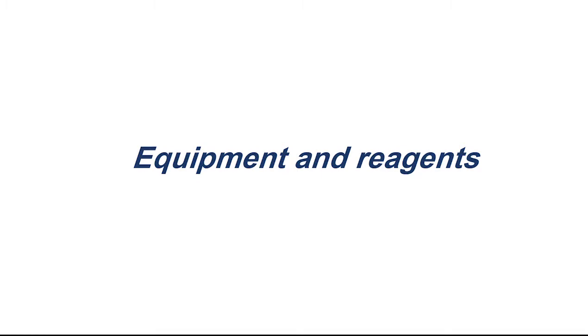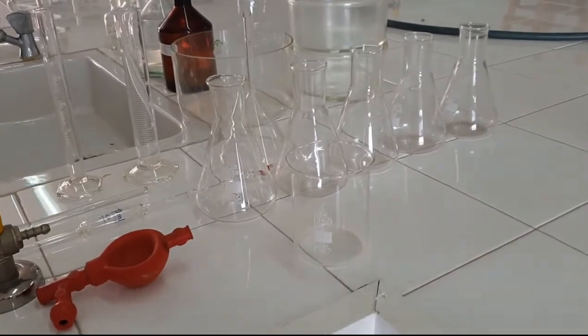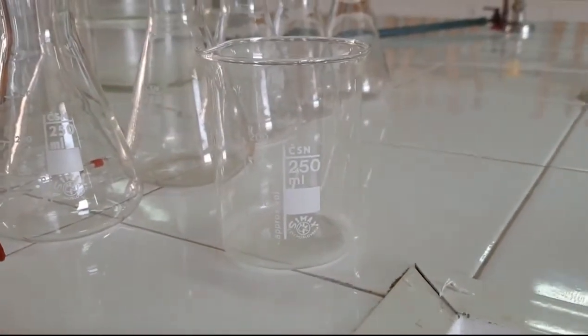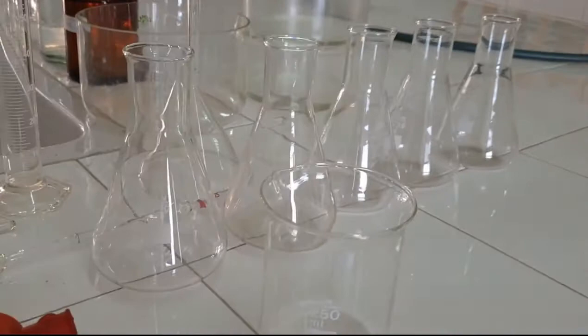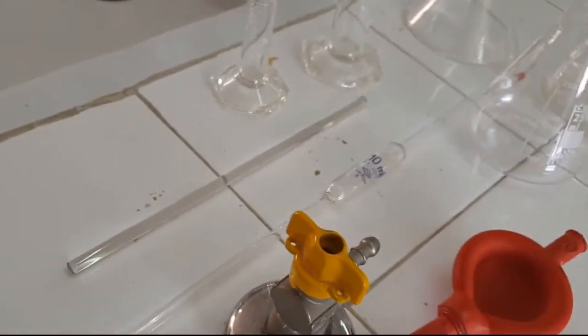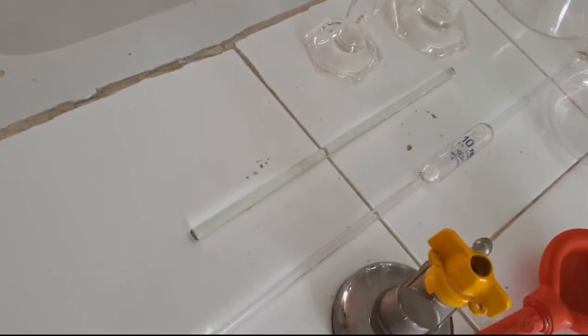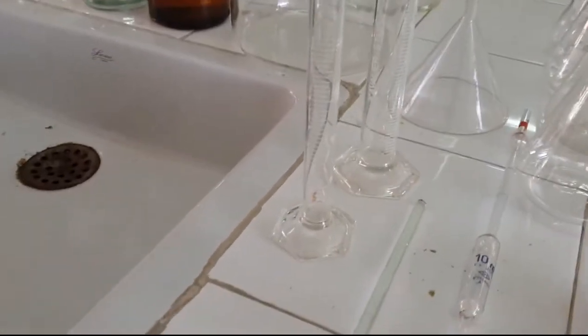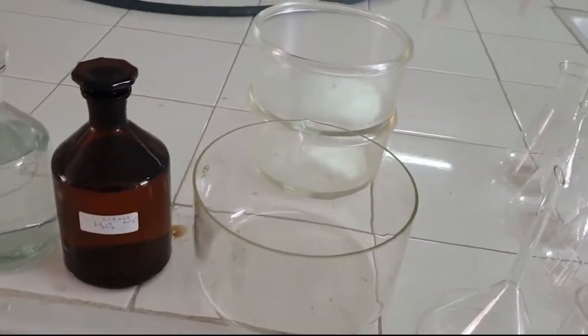Equipment and reagents. Materials of the experiment: 1 150 milliliter beaker, 5 150 milliliter Erlenmeyer flasks, 10 milliliter volumetric pipette, a pipette filler or a safety bulb, glass rod, graduated cylinders, 20 milliliter graduated cylinder, 50 milliliter graduated cylinder, funnel, 3 water troughs,